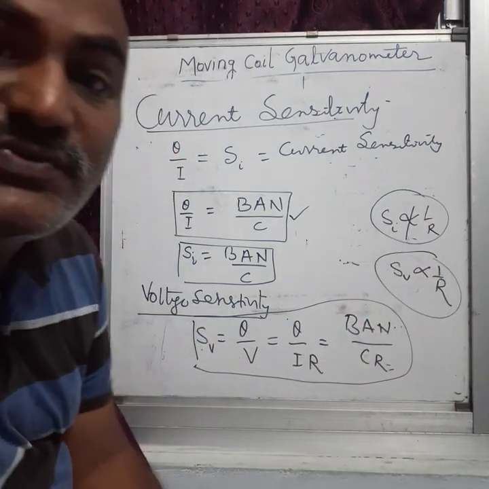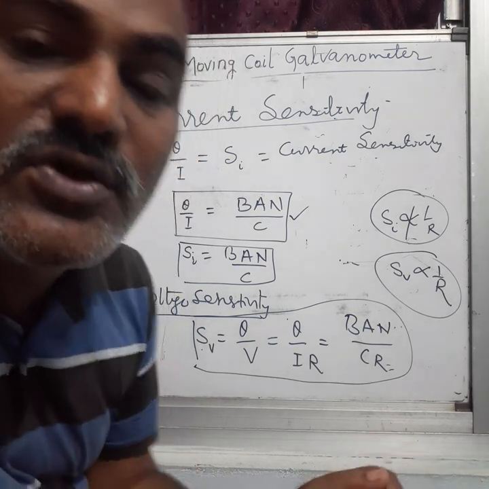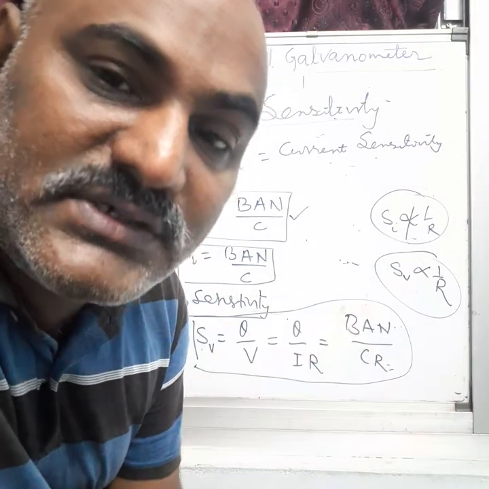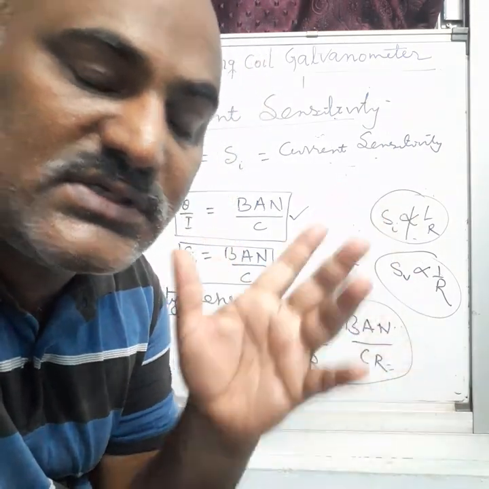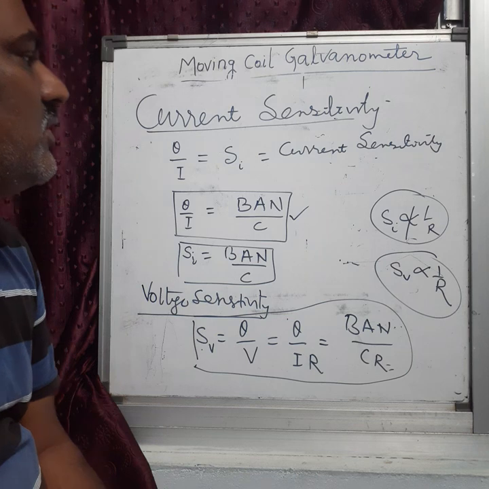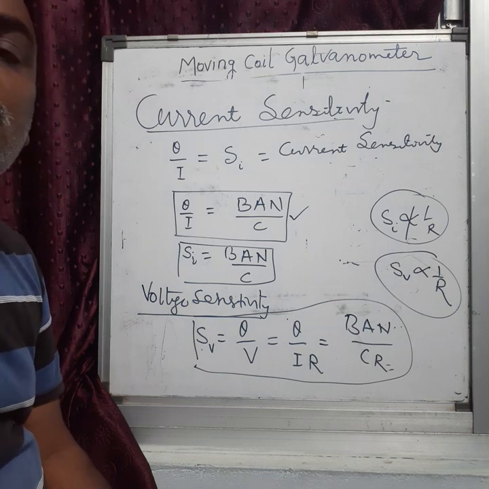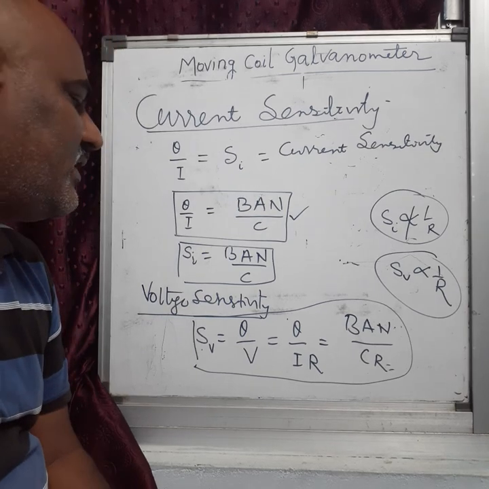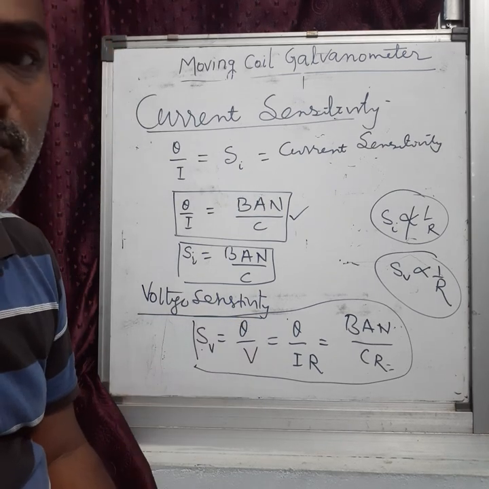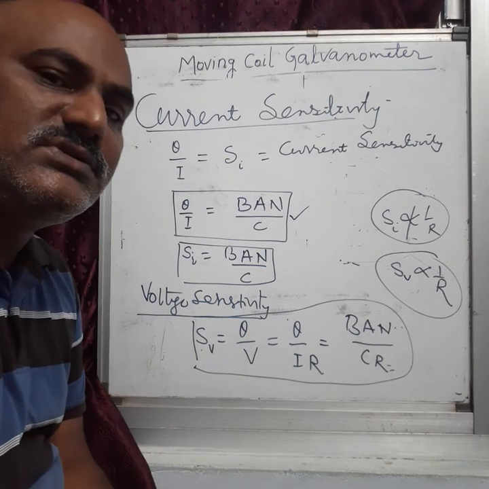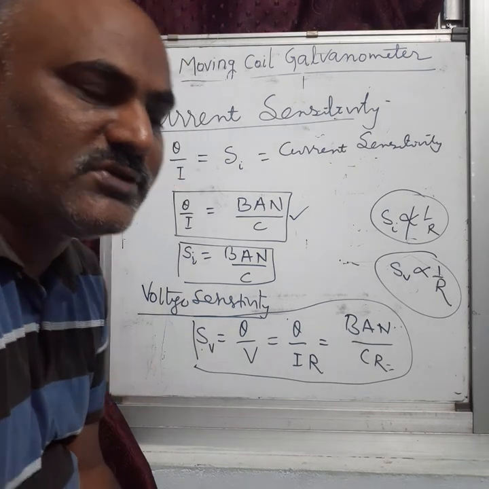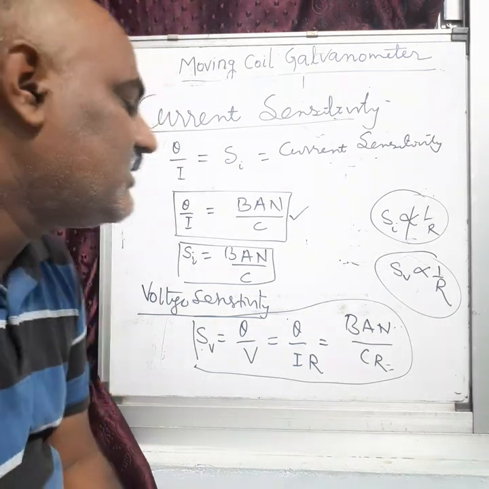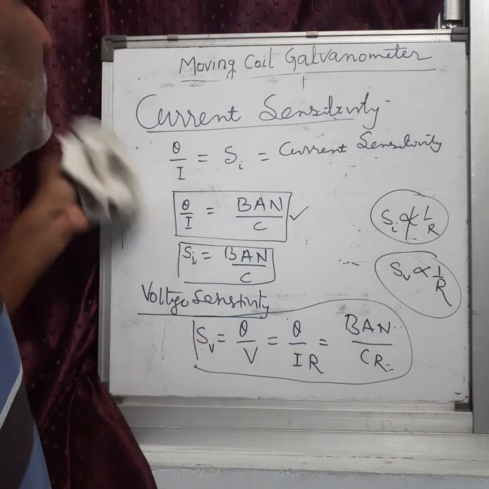The voltage sensitivity depends on the resistance of the coil, while the current sensitivity does not depend on the resistance of the coil. So these are the two terms used in the moving coil galvanometer. First is the principle and working, and then the current and voltage sensitivity. Some questions are given in your NCERT textbook, question numbers 4.7, 4.8, 4.9, 2-3 questions are given on these topics, so